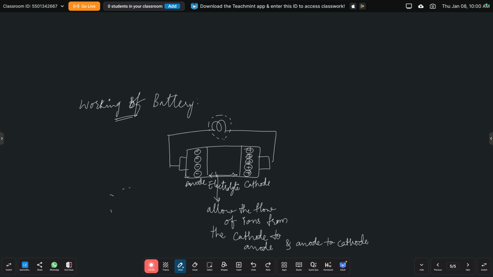So when we connect the external circuit to the cathode and anode, electrons start to flow